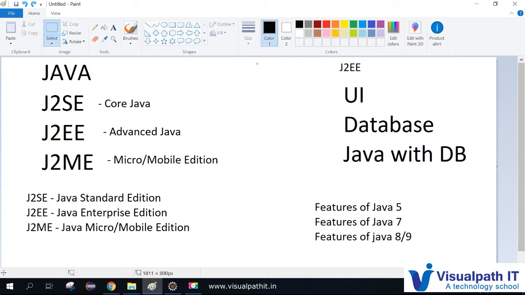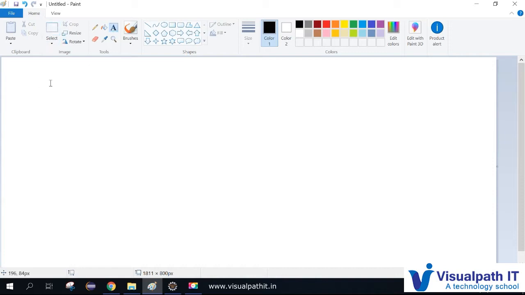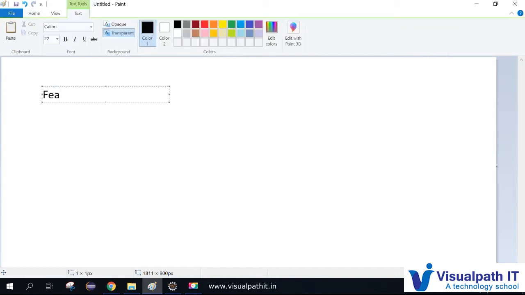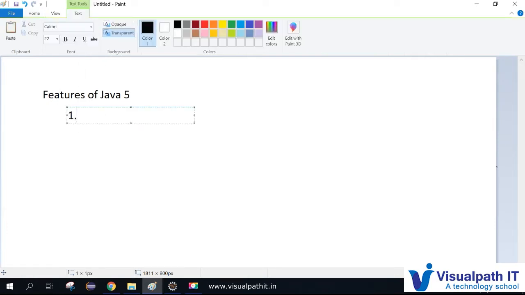As we discussed in the previous tutorial, first we are going to cover the features of Java specific to each version. So first we can see Java 5 features. Let me clear the screen. So first we are going to discuss the features of Java 5. Java 5, or between 4 and 5. What are the new features that came out to the market between 4 and 5? So features are like